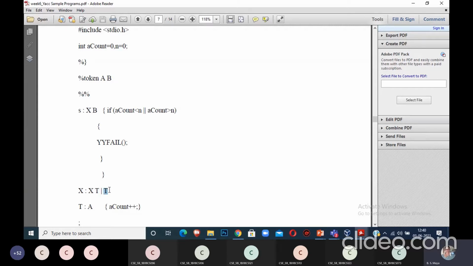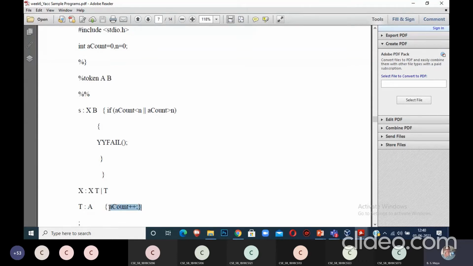Then what is T? T is nothing but A. Whenever you reduce this A to T, because bottom-up parsing is applied, the tokens are replaced by the head of the production. That means I'm replacing the input with a non-terminal.